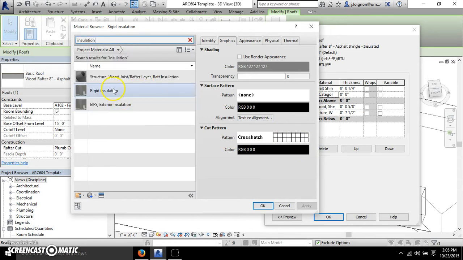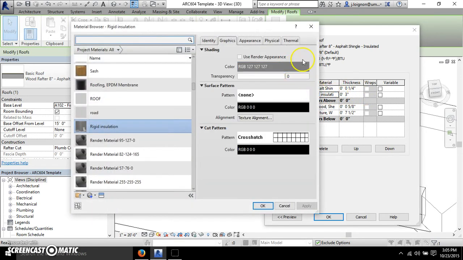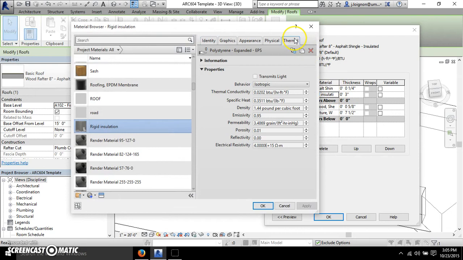There it is. So if you want to add insulation to your wall, I can make this say it's 3 inches. So now I have a roof with insulation on it. You can do the same thing for a wall. You can add a layer of insulation to a wall. That way it knows you have 3 inches of insulation, and when you look at its thermal properties, it